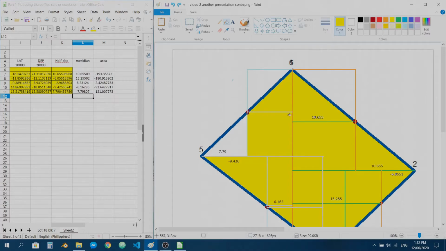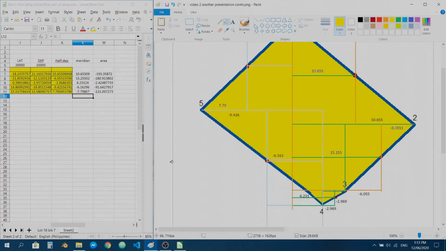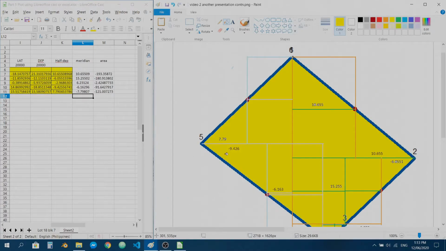By multiplying the meridian by its corresponding latitude, this one, we were able to compute the area of this. But this portion, this triangle, is not part of the polygon we're trying to compute. But this one is equivalent to this. Okay, so by multiplying the meridian by the corresponding latitude, we are able to also include this area. Okay, but for presentation, let's just transfer it here. Okay, so as you can see, we have covered all the areas, portions of the polygon that will make up